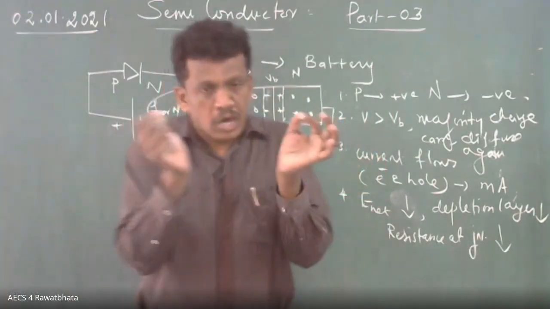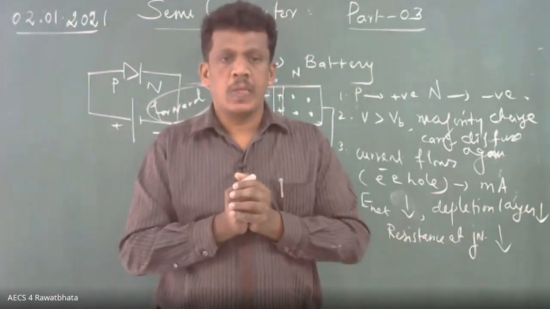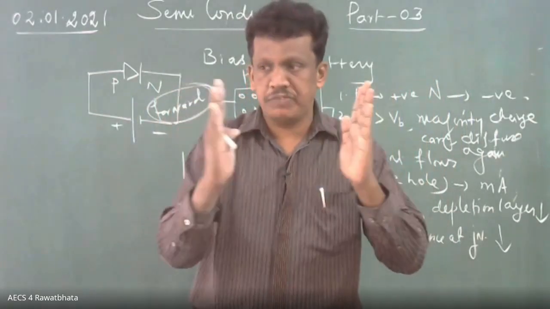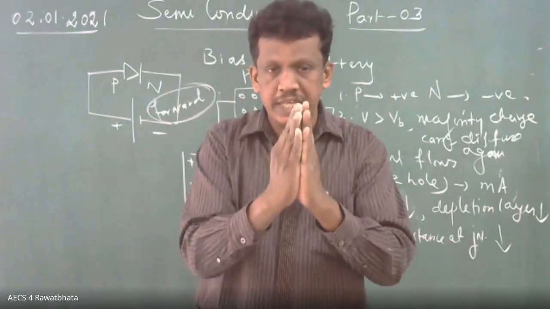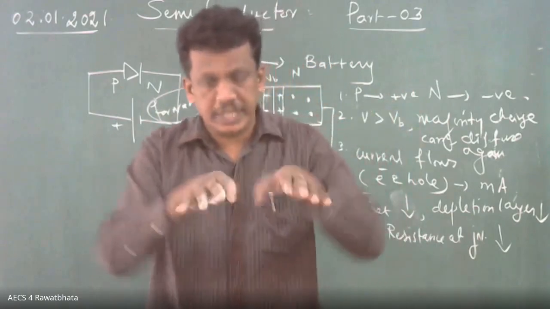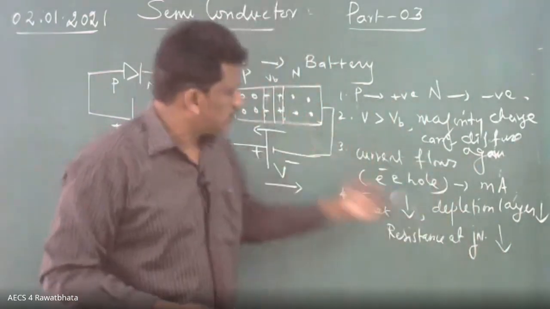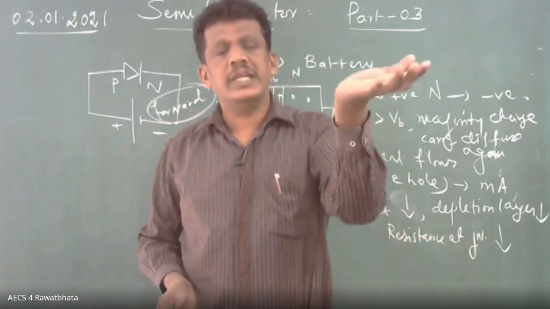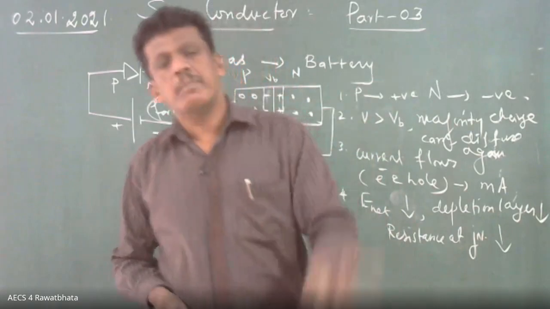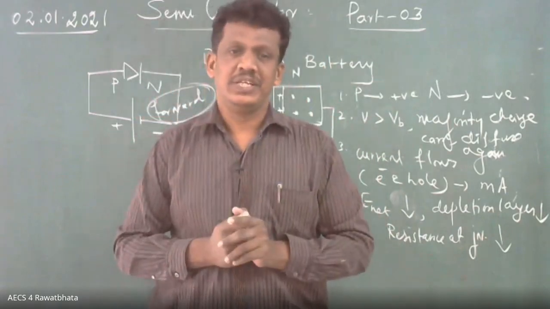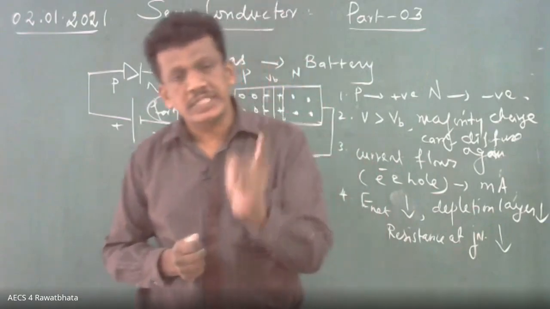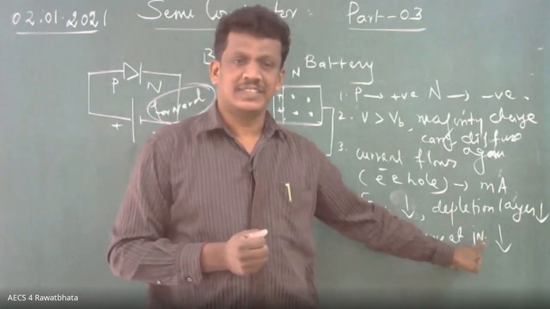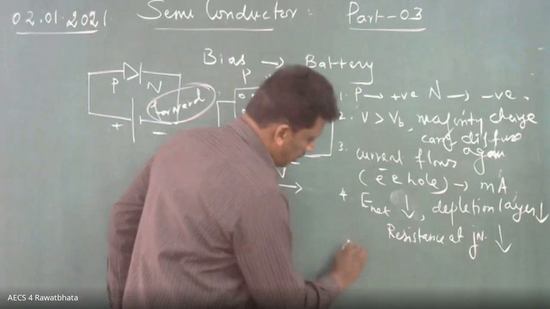Okay, so once the forward bias is given, what will happen? Because the majority charge carriers diffuse, the width of the depletion layer automatically goes on decreasing. The depletion layer is nothing but an obstacle, no? The width decreases means resistance decreases, and resistance decreases means the current increases. Why does the current increase? Because of majority charge carriers. So during forward bias, the majority charge carriers are responsible for electrical conduction, and the current is because of the majority charge carriers.